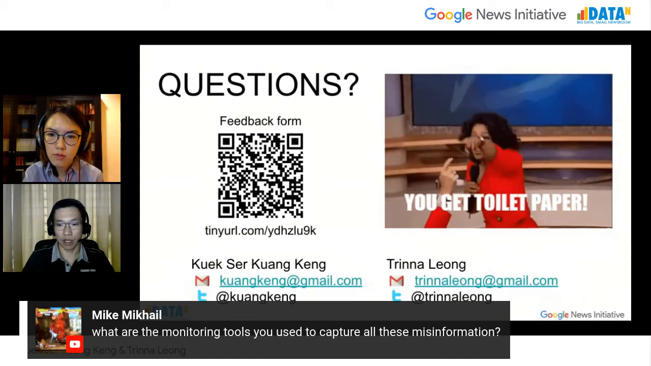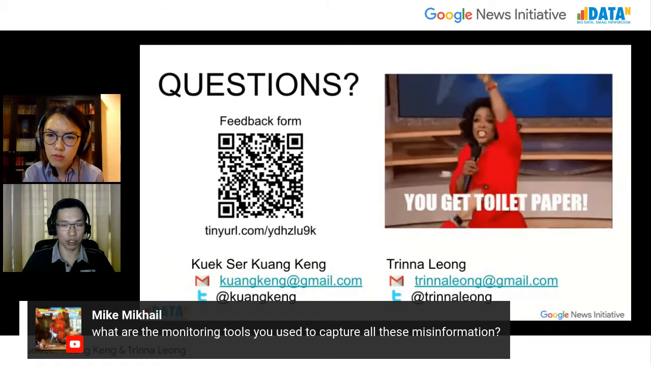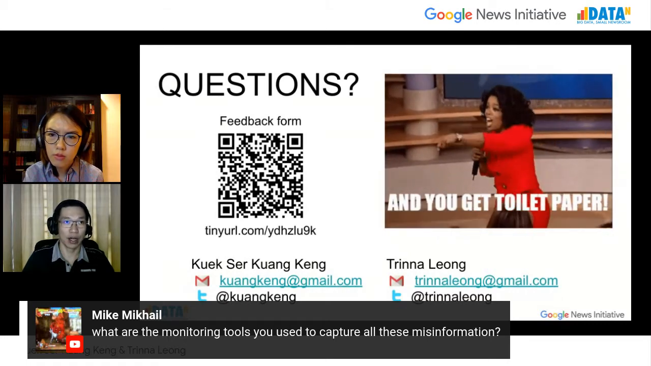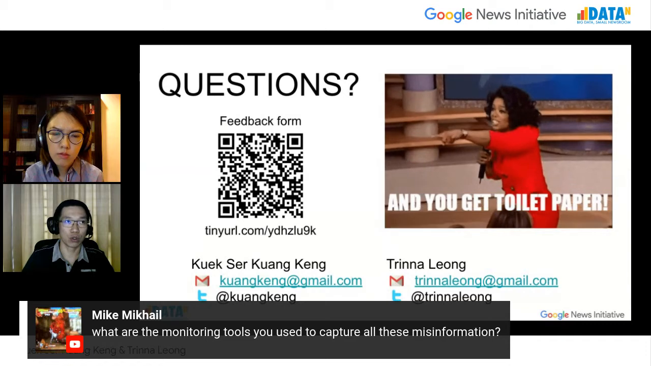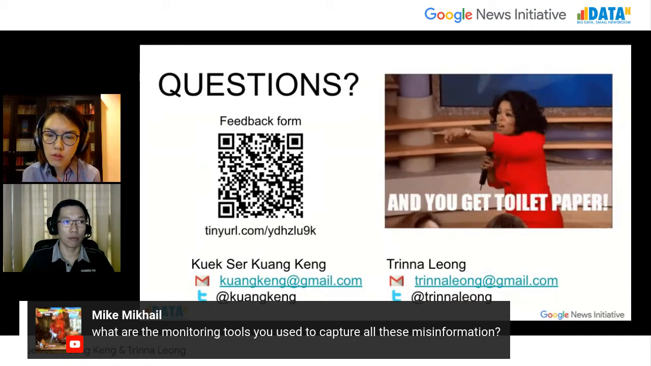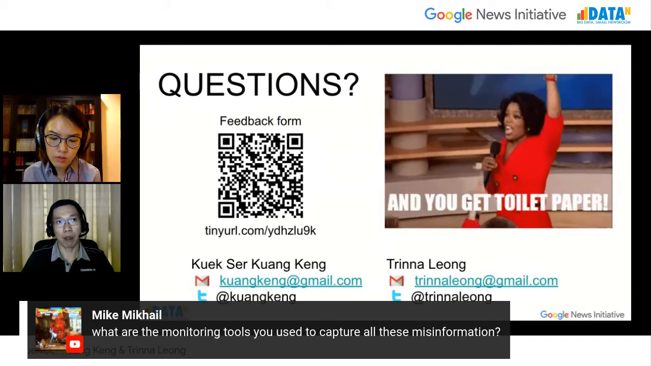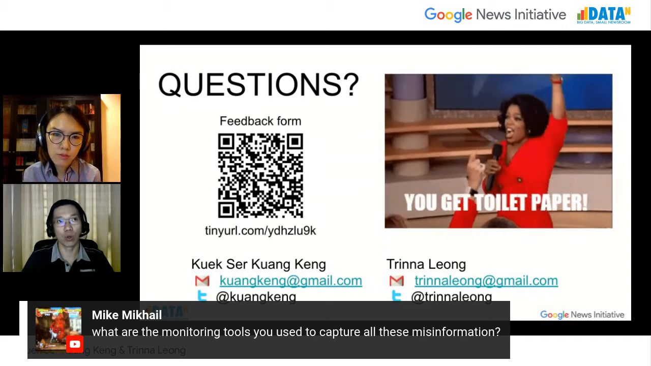It depends on what platforms you want to monitor. For example, for Facebook, you can use a tool by Facebook called CrowdTangle. It is only available for news organizations; it is not available for the public. But there's a plug-in version for CrowdTangle,